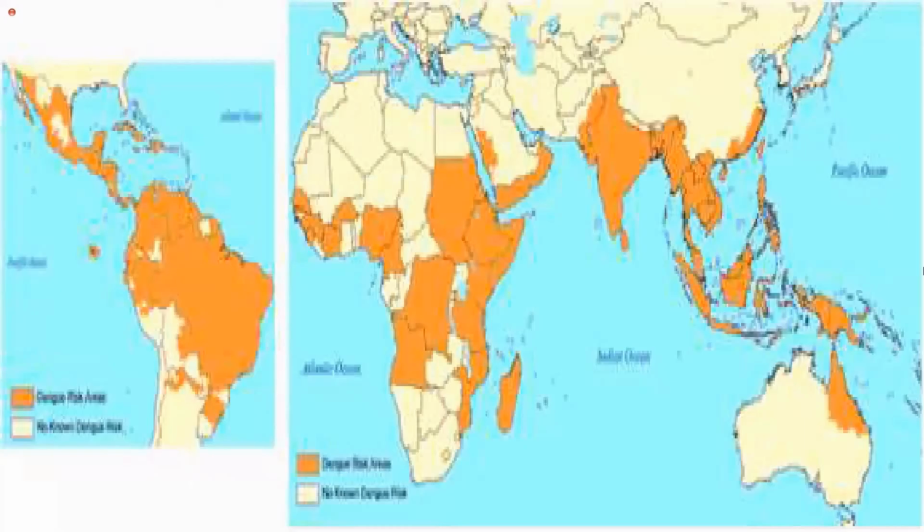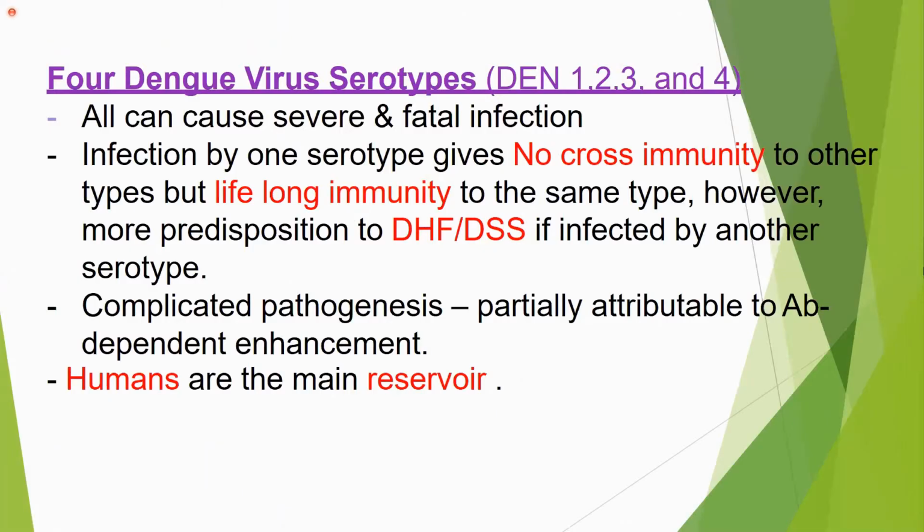This is a picture of the world map, showing the countries endemic to dengue fever. The countries yellow in color show that most of the continents of the world are affected by this virus. There are 4 serotypes of the dengue virus: 1, 2, 3, and 4. All can cause severe and fatal infection. Infection by one serotype gives no cross immunity